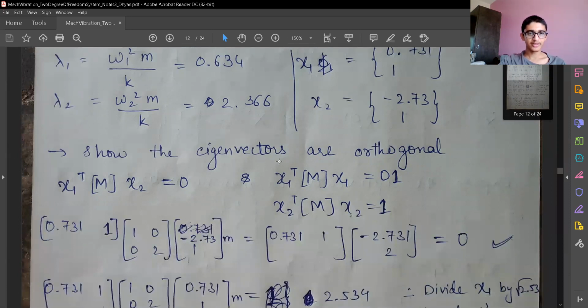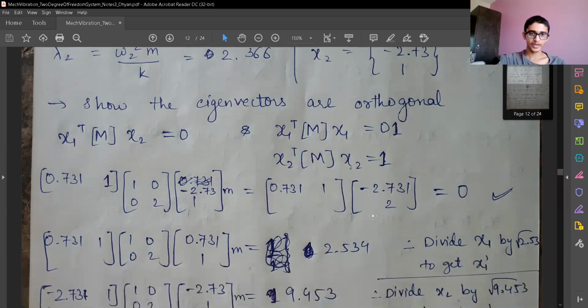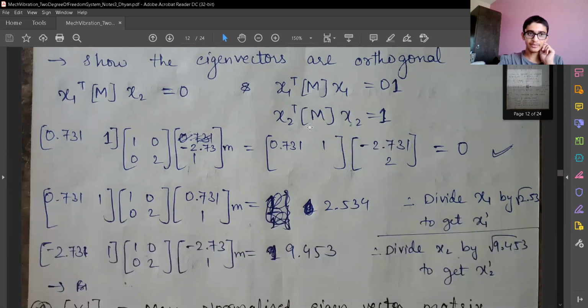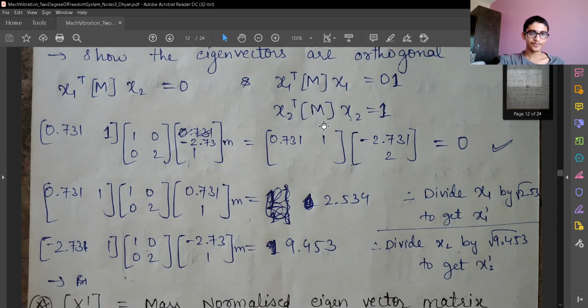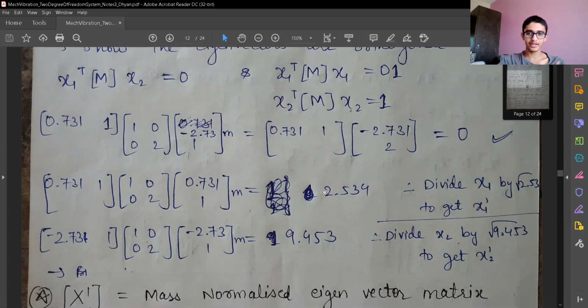We need to show that the eigenvectors are orthogonal. So what do we need to show? We need to show that x1 transpose into m, x2, where 1 and 2 are different, that means we are taking off-diagonal entries, is equal to 0. And when we are taking diagonal entries, that is equal to 1. So for the second diagonal entry also we need to show it is 1. This is only true when the mass matrix is mass normalized. If it is not, then we'll have some positive value, and then we can convert it to get